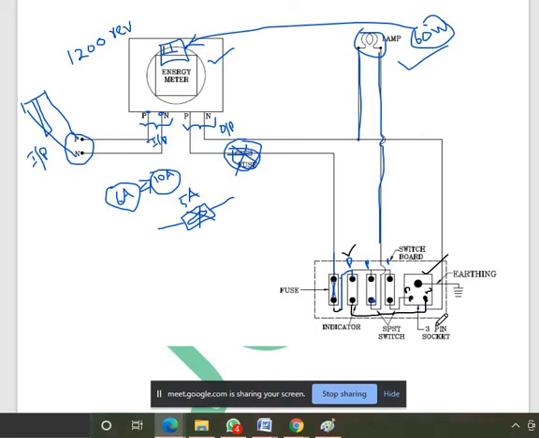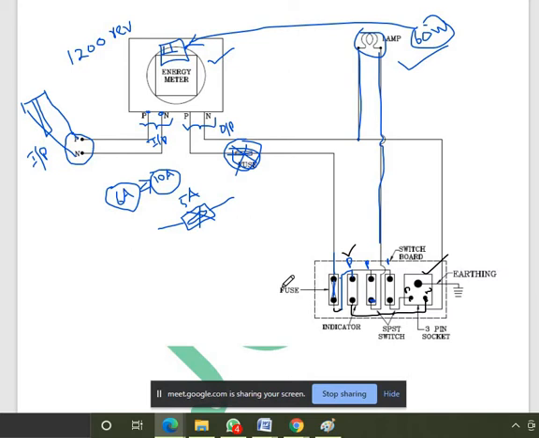But the indicator lamp is only for checking whether the electricity supply is available or not. That's all. It is not a mandatory one. If you need it, you have to connect it. Otherwise, you don't connect the indicator in your switch box. Any doubt from that topic, from the circuit?